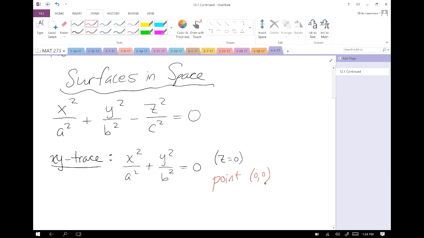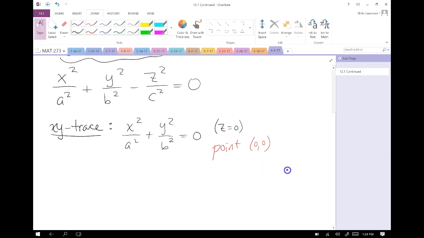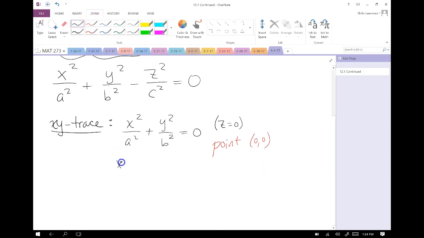But if you consider the possibility that z could also be a constant, if we just let z equal some constant and we add it over to the other side,